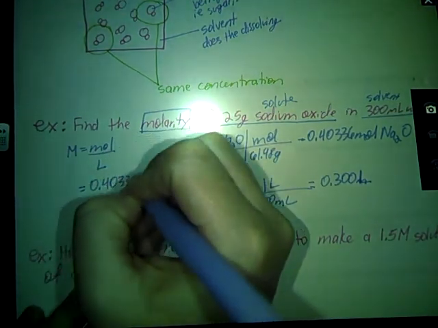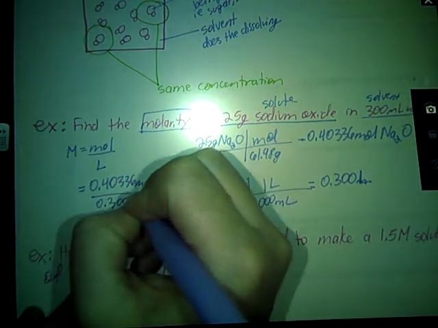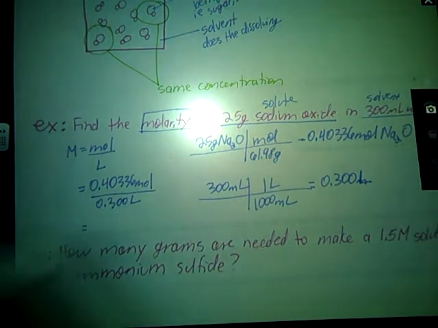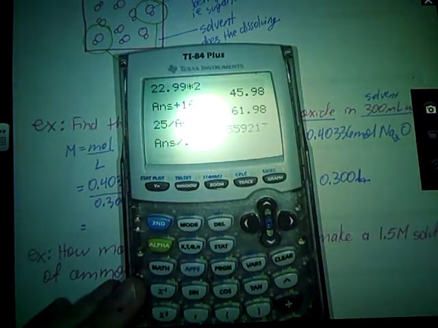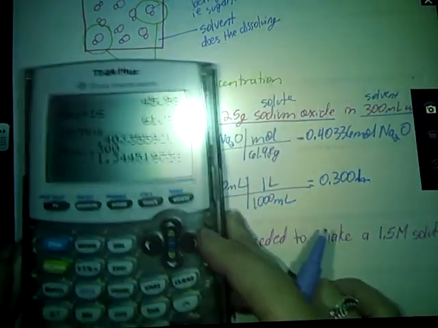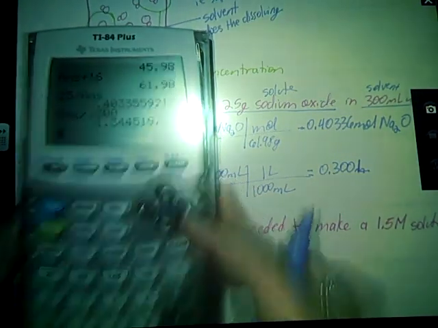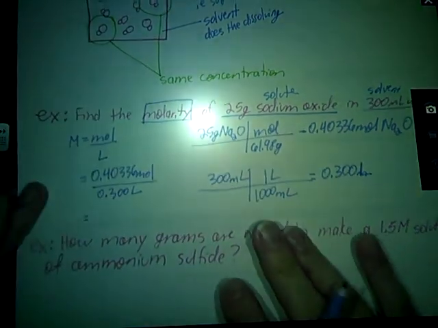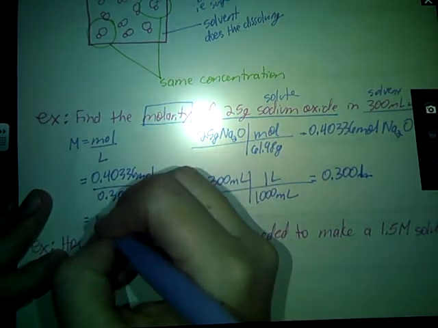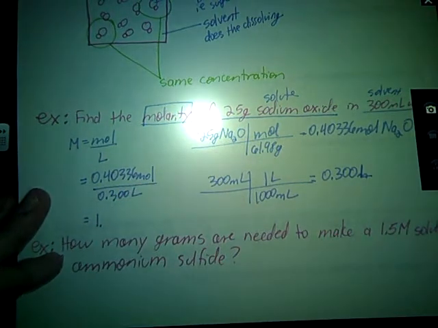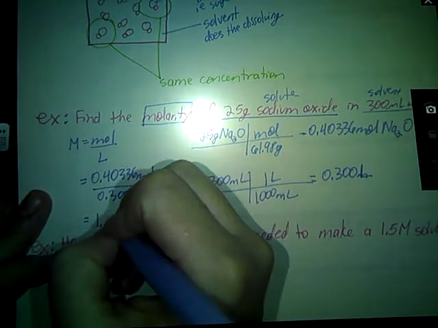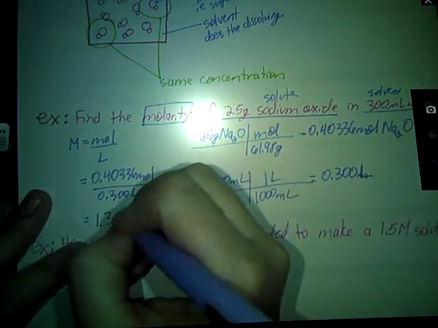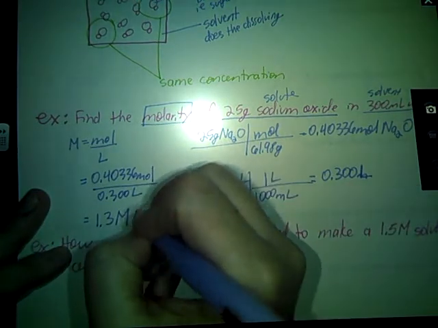So we get 0.40336 moles divided by 0.300 liters. There's our molarity. How many sig figs can I have? We're going to say 2 is probably good. So that's a 1.3 molar solution of